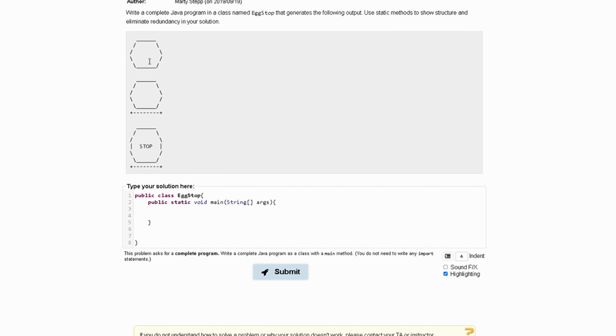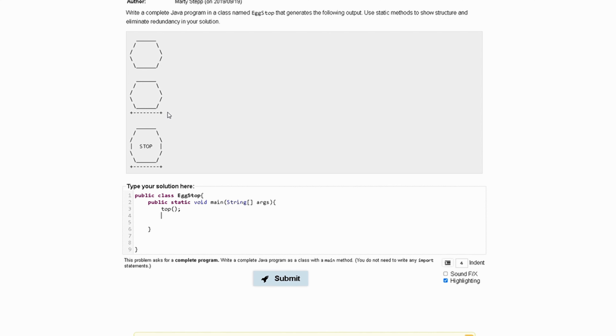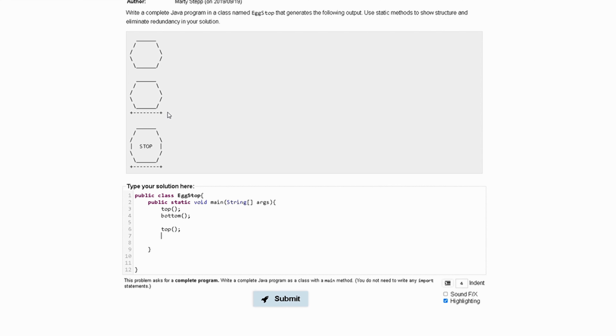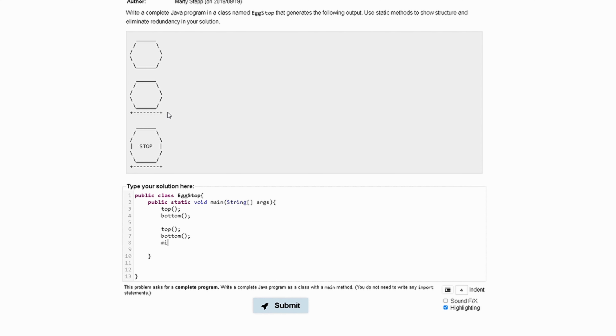So we can make a top method, and then a bottom method, and then we call our top method, then we call our bottom method, and then we'll call a line method that prints a line,